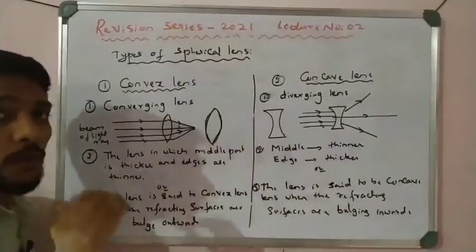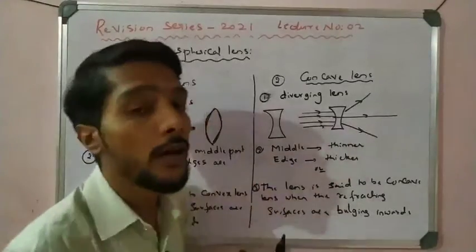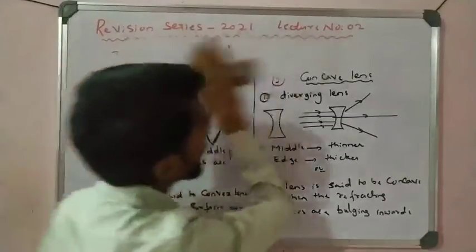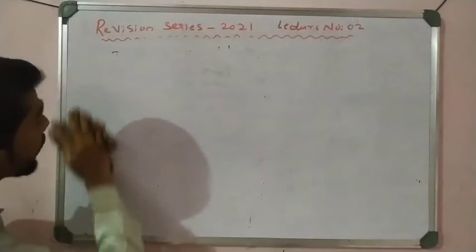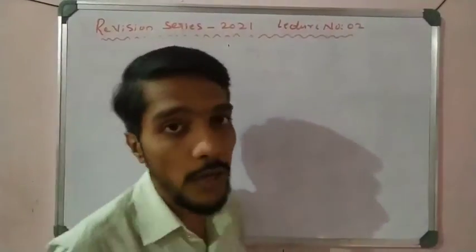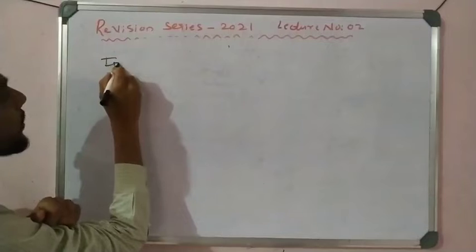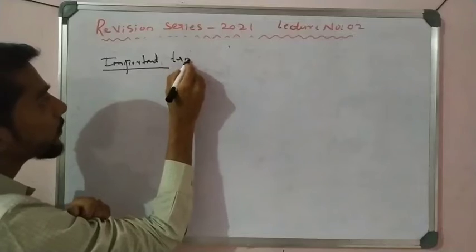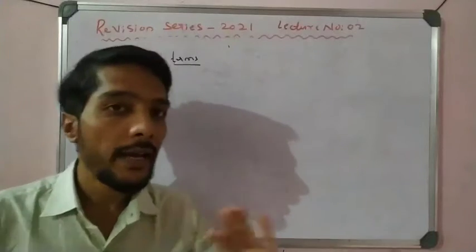Now by using this, we can form different types of images. Before the formation of images, we will revise some very important terms related to lenses. Both lenses have common parts, and those parts are very important. Without knowledge of those parts, we are not able to understand the light chapter, solve the numericals, or draw ray diagrams. Let us see, the important terms are revised here. It is a revision, right? Important terms here.